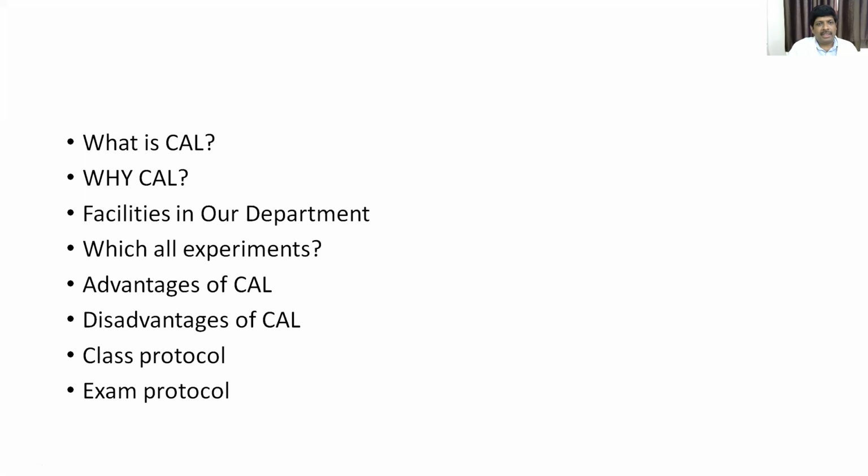So basically, why are we demonstrating through this method? See, the traditional method has many demerits. Not that CAL does not have any demerits. But if you look at the demerits of the traditional method, you will find out why we are learning through CAL. Now, in CAL, we need a computer system, and then we need software. Usually, the software we use is the one by Elsevier, known as Animal Simulator.